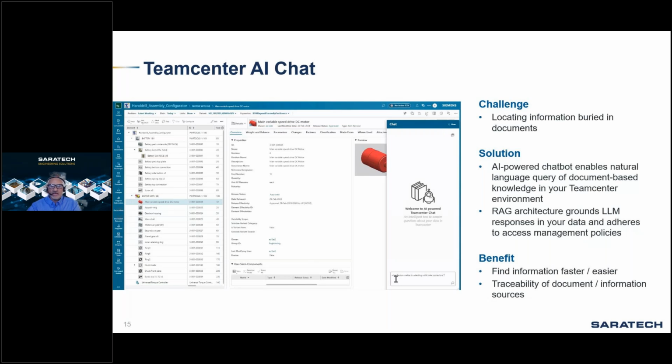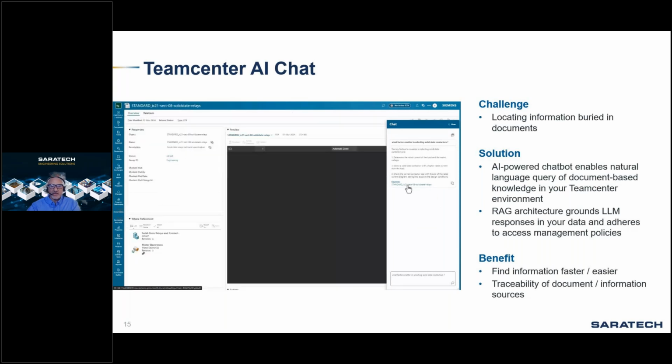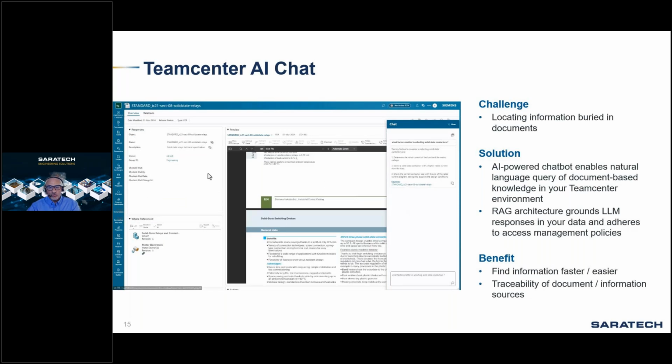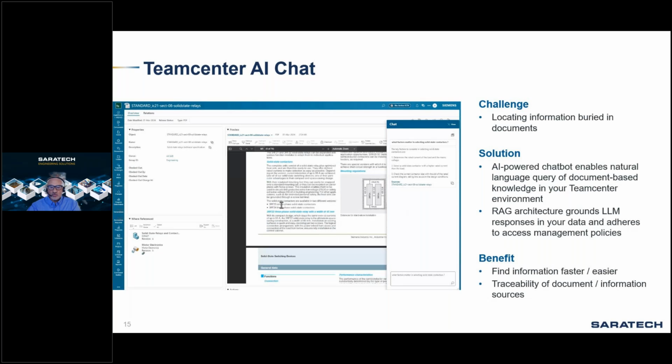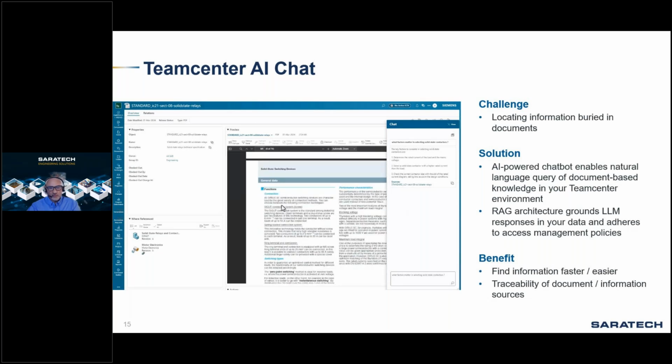It utilizes powerful large language models and AI-powered question answering services. Using natural language, you can pose questions to the chatbot and receive responses that are grounded in your company's data. It also provides links to the source files that inform its responses.